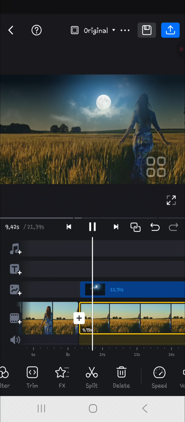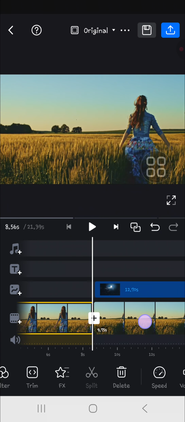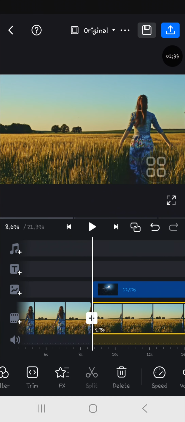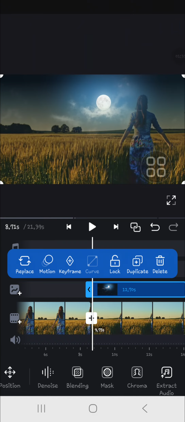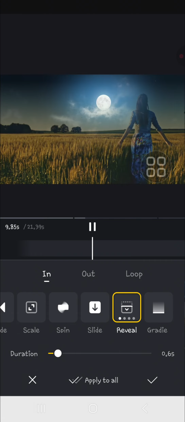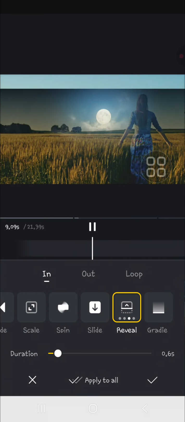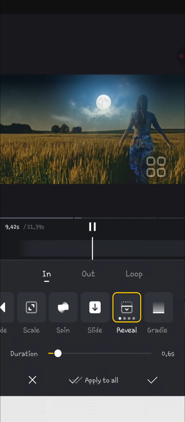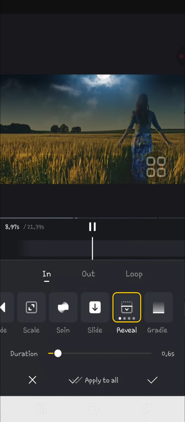Okay, let's see. And then I'm going to add the transition. We can select the second video, the sky video, and then select motion, and you're going to choose reveal or gradient. Let's try it one by one. This one looks cool guys,